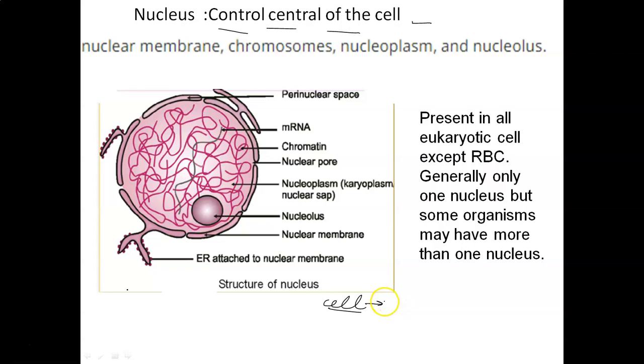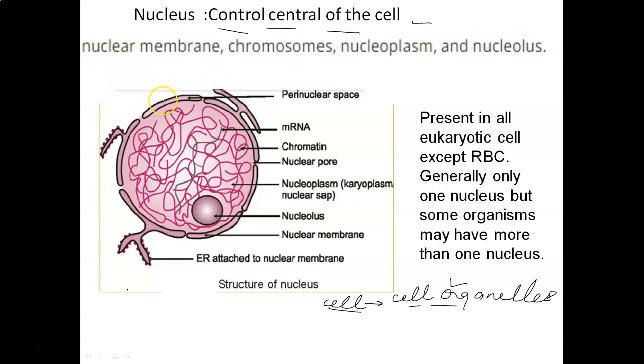This single cell has cell organelles, and these organelles are responsible for various functions. The cell generally has one single nucleus, which is known as the control center, because this nucleus controls all the functions and the physiology occurring inside the cell, right? So the nucleus is a double membrane bound cell organelle.